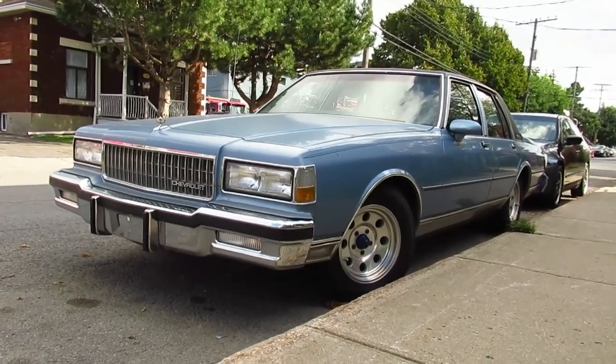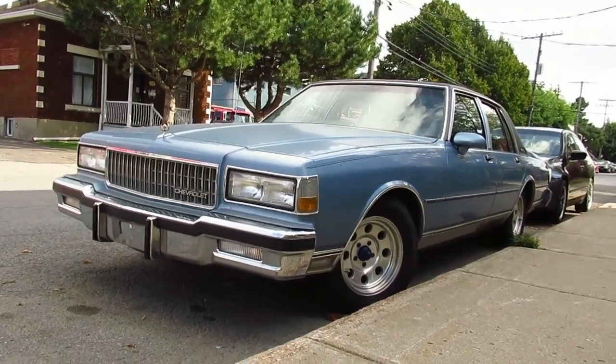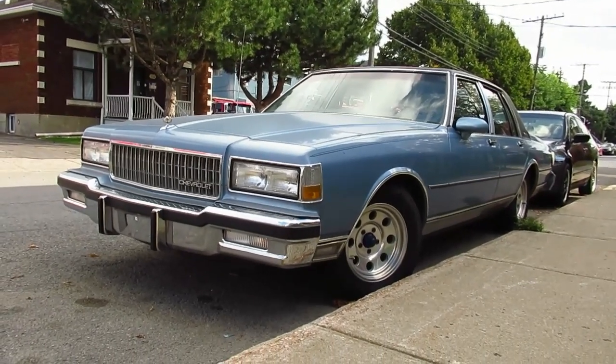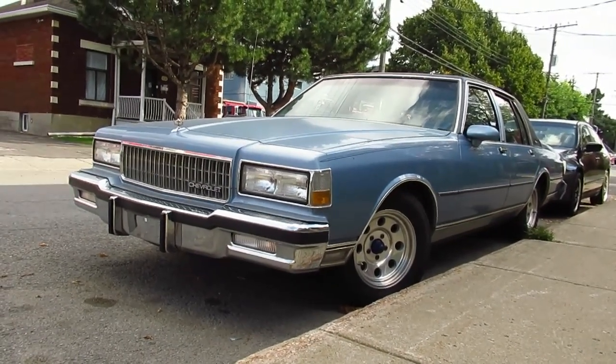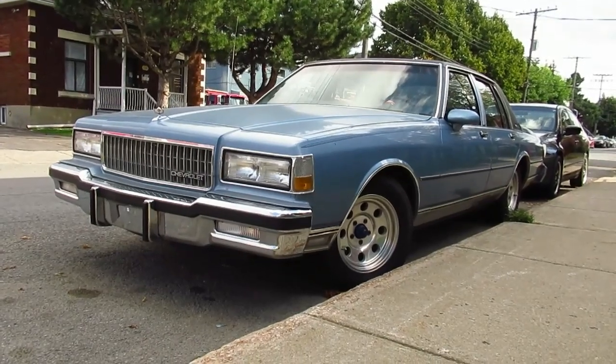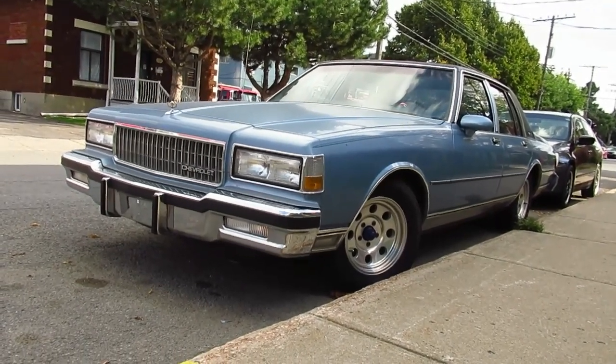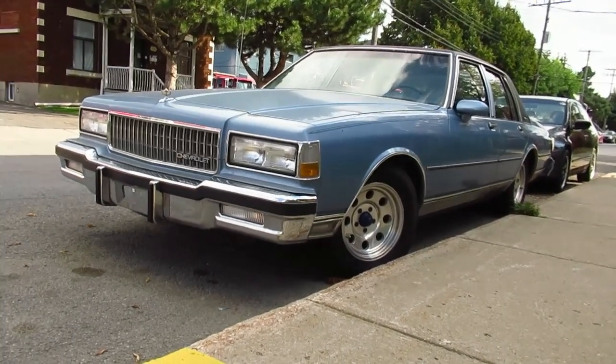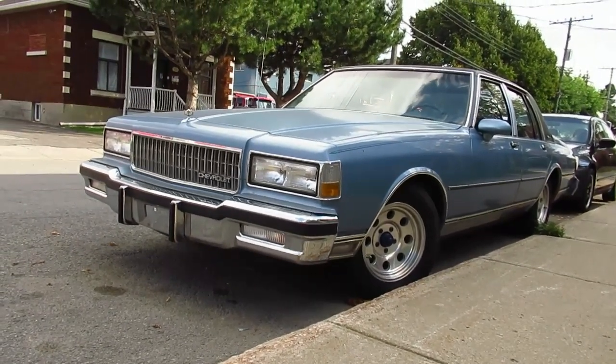I'm in the western part of Montreal, the city where I was born and raised, and I wanted to come back after I spotted this a couple of weeks ago with Ben, this '87 to '90 Caprice Classic. Apart from this being a legendary automobile, not so much for styling, but for high quality compared to GM now,